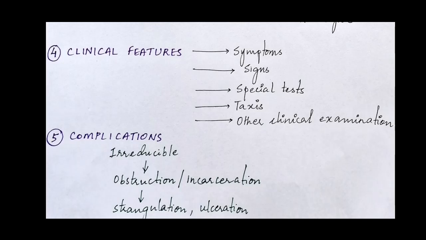And lastly, there's strangulation, which means that the blood supply of the sac is completely obstructed, first venous and then arterial. The important thing is while you're taking history, you need to ask about symptoms of complications. If there's obstruction, you're going to get the four cardinal symptoms, that is colicky pain, vomiting, abdominal distension, and also obstipation, which means constipation plus absence of flatus. In case of a strangulated hernia, the patient is going to have fever, severe pain and tenderness, and redness when you examine the mass. So that's going to give you a hint about strangulation.